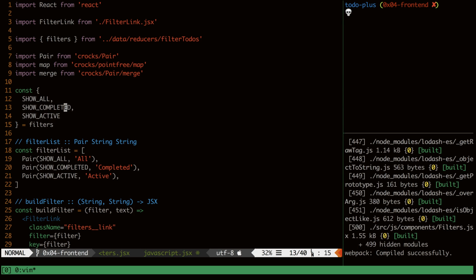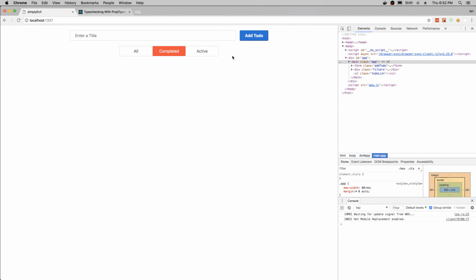Okay, so now we got the first part of this done, and if we run our linter, we see that all of our stuff has now been cleaned up. So our linter is returning just fine, everyone's happy, and things are good. Okay. So now that we got our linter all nice,